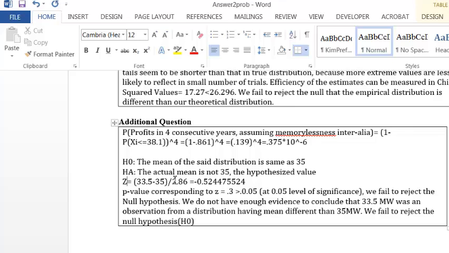We are not bothered about the mean of this xi, but we want to know if this xi can come from a mean of our known distribution. So then we calculate the z value and we find the extreme value, the p value corresponding to z. So since it's 0.3, we know that,